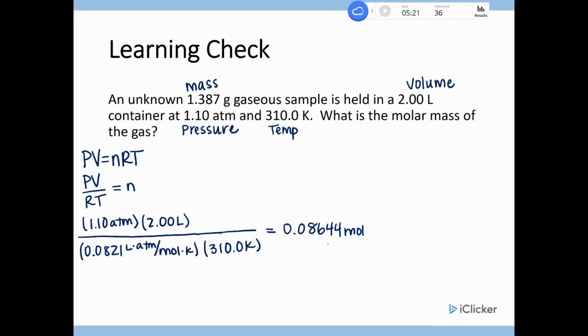So we have number of moles. We're provided the number of grams. So that means 1.387 grams contains 0.08644 moles. So now we use molar mass. Remember, molar mass is grams per mole. We have 1.387 grams. We have 0.08